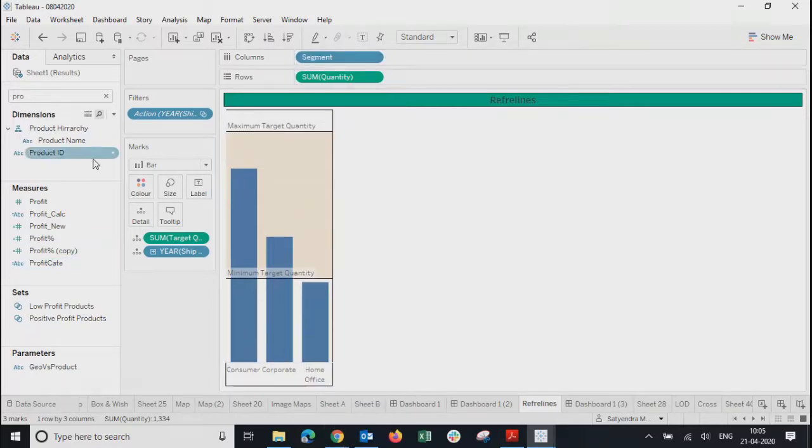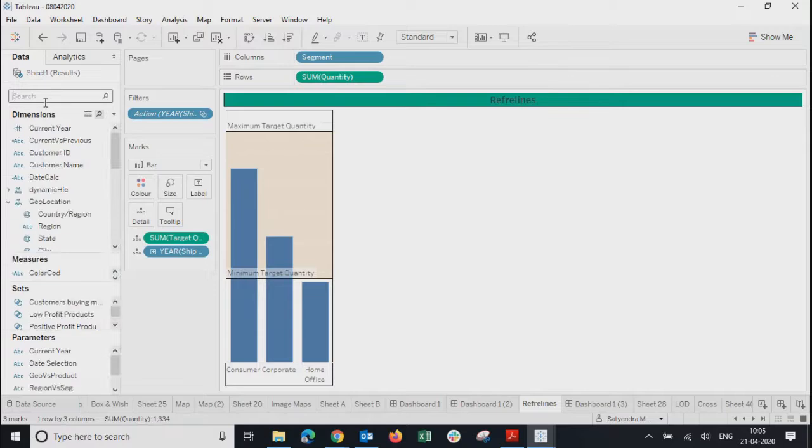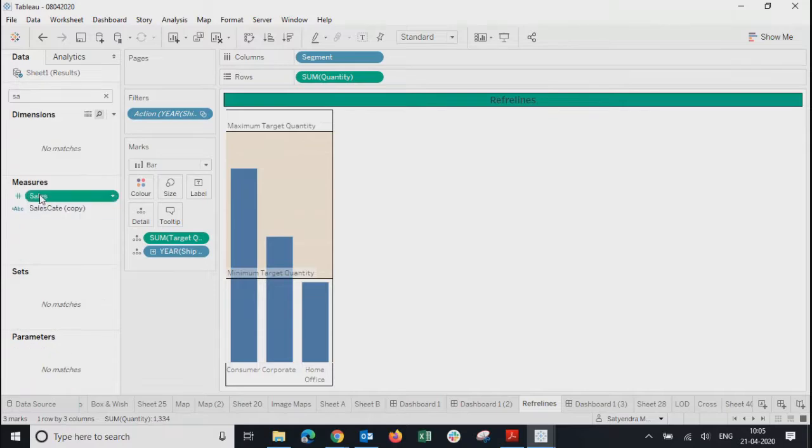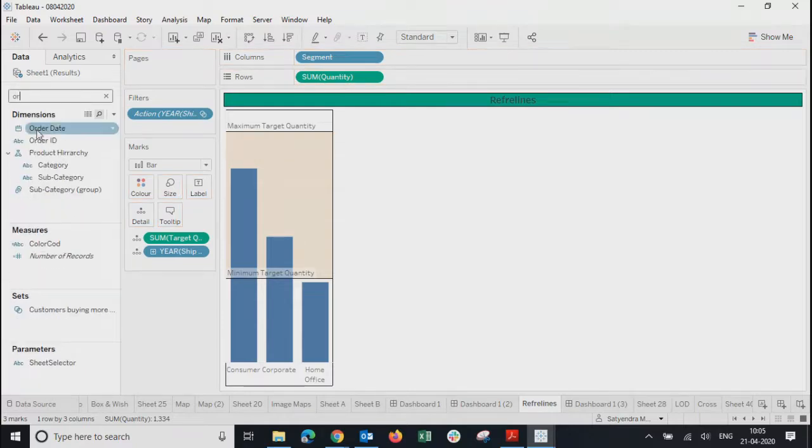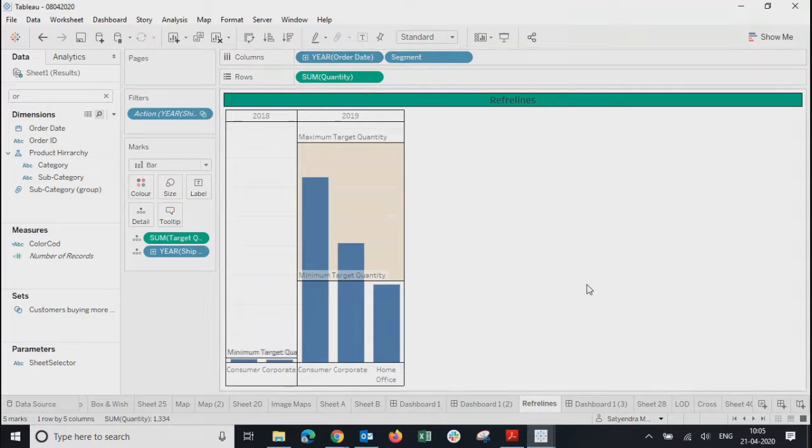Actually, that was an issue. So I will go ahead and do sales date, because that is what, sorry, order date, because we have order date over there. So this is order date. And then if I go back to the dashboard,